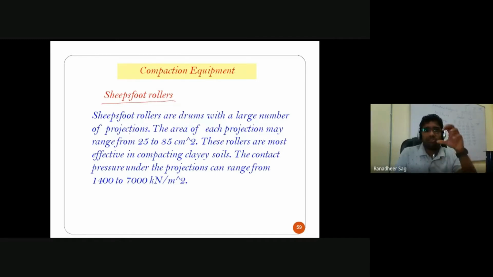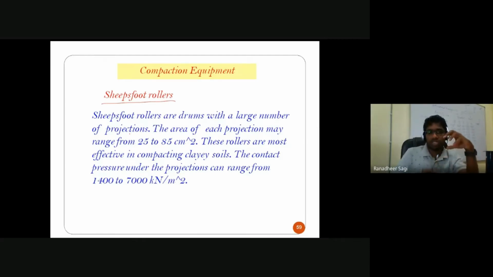When you look at a sheep foot or a goat foot, how does it look like? It has got some projection. Foot particularly has got some projection. So whenever you see either your cow or a sheep or goat, whenever the animal walks on the surface of the ground, sometimes you might see some impressions formed on the surface of the ground. So what does that